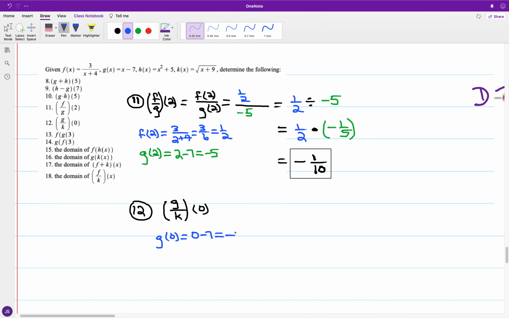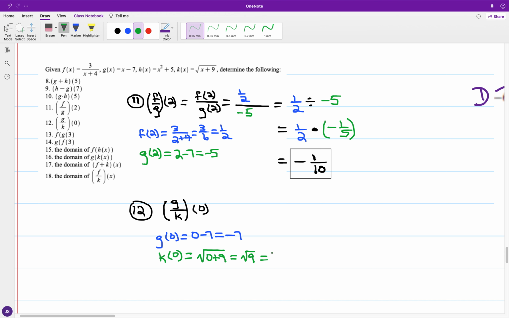So this will come out to -7. And for k of 0, you have this radical function in the form of the square root of x plus 9, and with x at 0, we have 0 plus 9, and the square root of 9